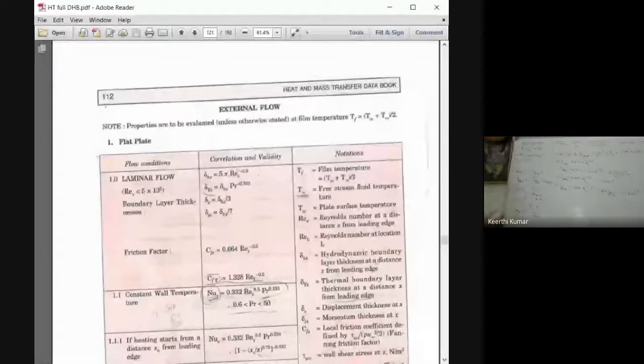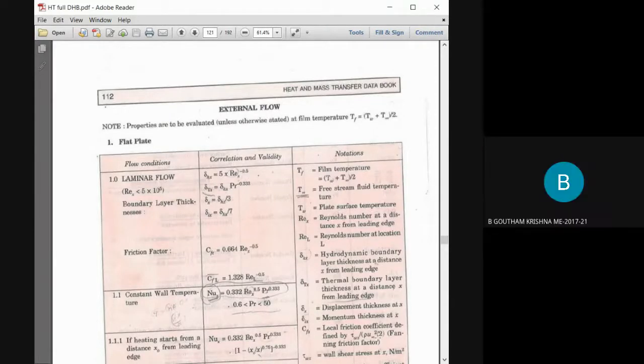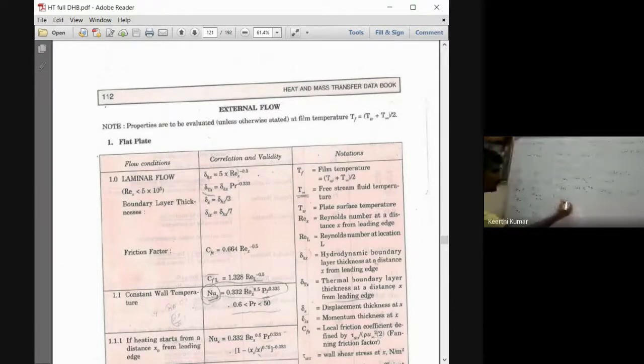What is next now? Next we want tau, that is shear. That tau formula is not there in the second column. It is there in the third column at the CFX value. You can see here local friction coefficient, or it is also called friction factor. Local friction coefficient is defined by CFX is equal to tau max by rho u infinity square, and he has given something by 2. Where can tau be obtained? Tau at X can be obtained with.